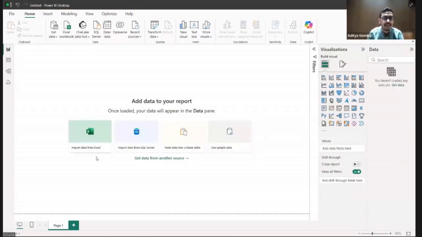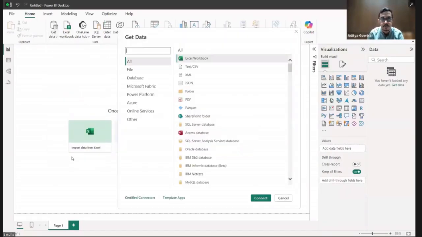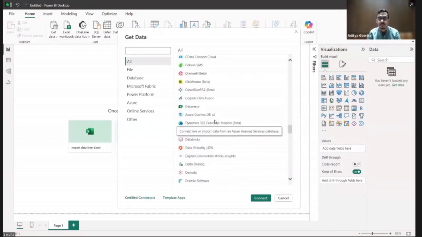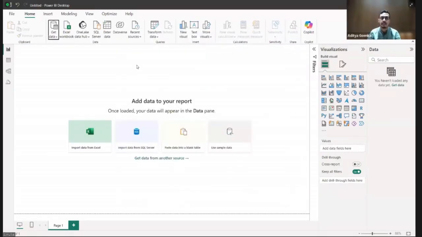How do you load the data? So there are various options, as you can see right there in front of your screen. Okay? So you have get data. You can get your data from your Excel workbook, from your SQL server, from your OneLake data hub. You can enter data manually, or from other sources. That is not it. Okay? You can see the multiple options right there in front of your screen via which you can get your data. Or if you click on more, you will get in fact more options as well. Right from Excel workbook to PDF to MySQL database to Azure database, you have multiple options via which you can get data in order to make a Power BI dashboard.